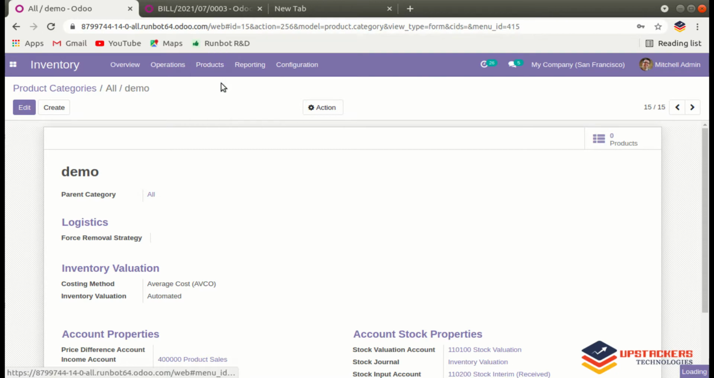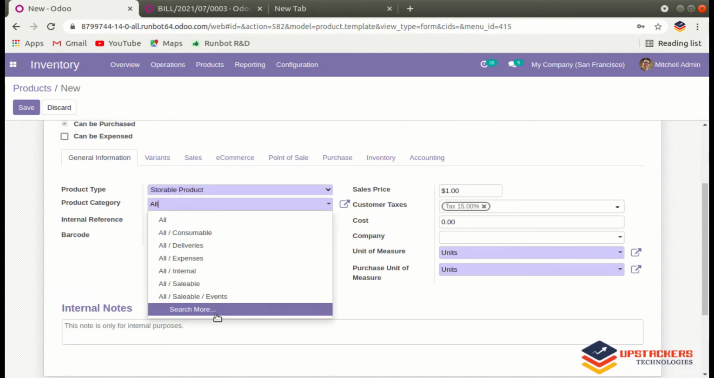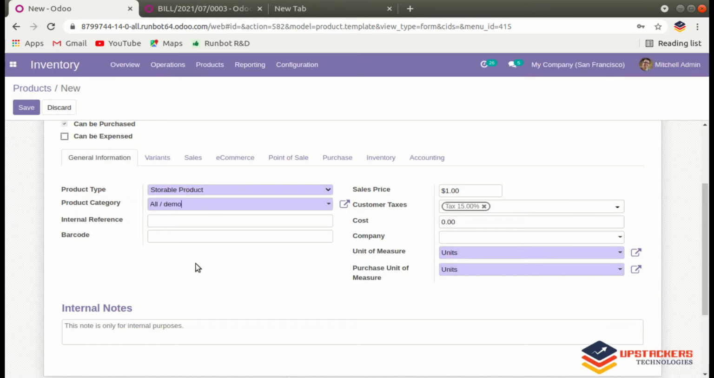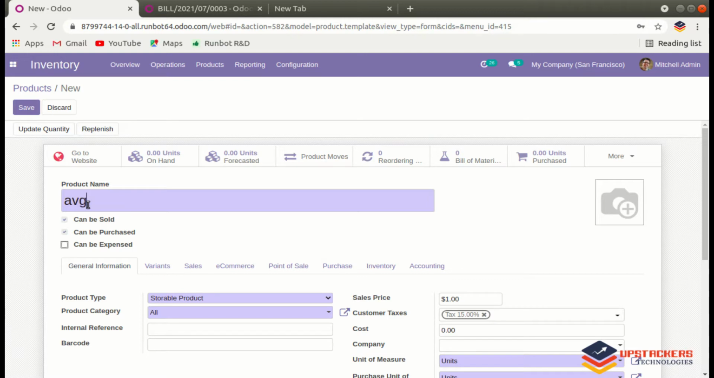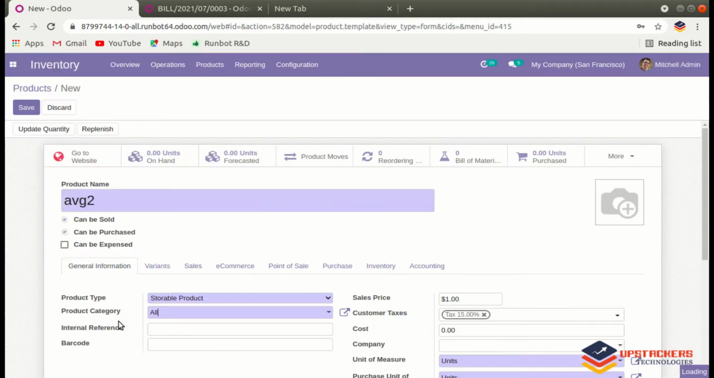Let's create one product. Product name set as average one. It is a storable product, and product category set as the All/demo we created. Let's save. Let's create another product, average 2, and also set product category as demo. Let's save,